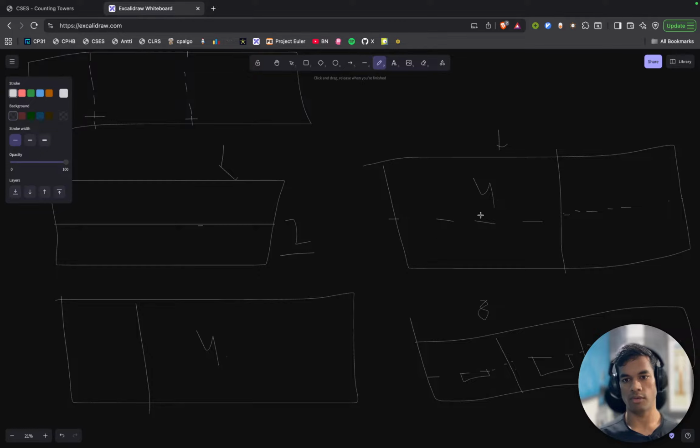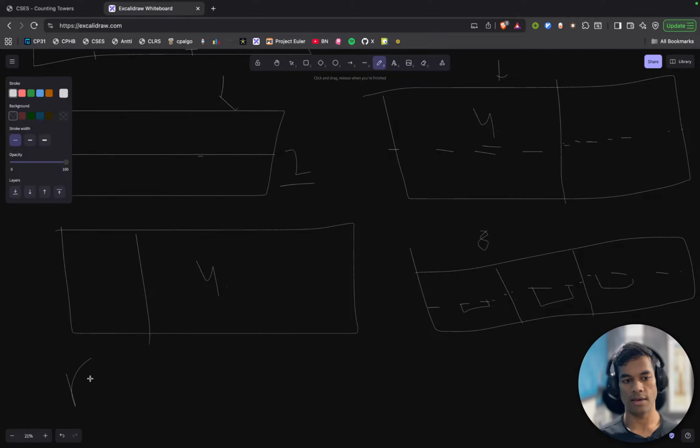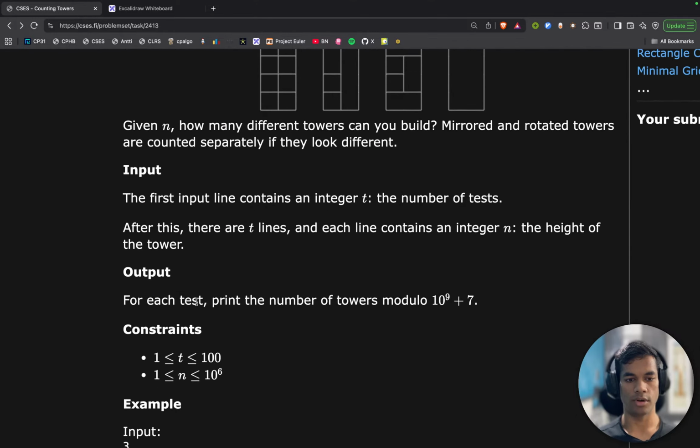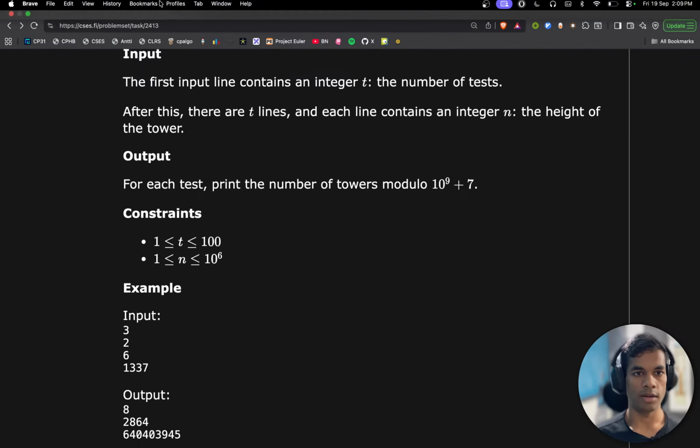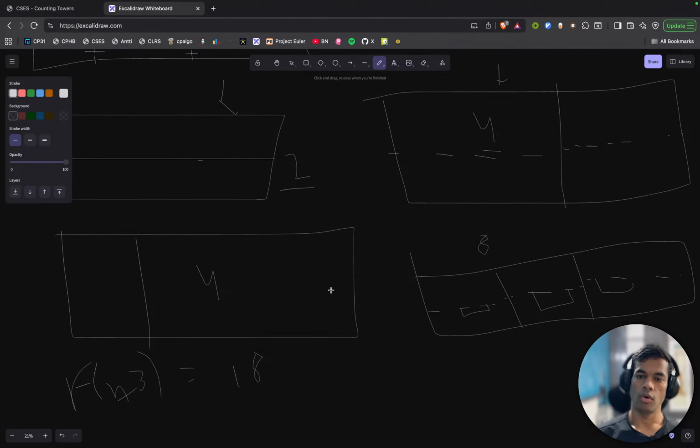So the answer for F3, if we ask for it specifically, should be 18. I think we do not have an input for 18, but that is what we should have. Okay, so if we can find,